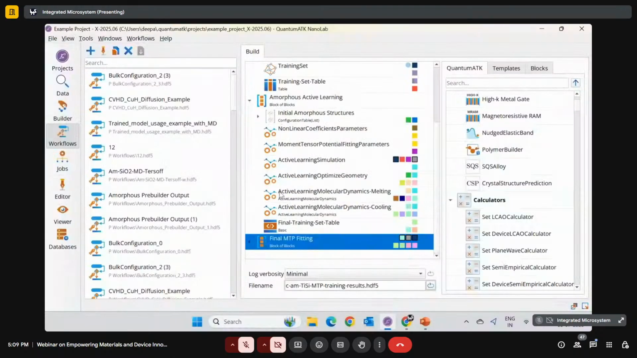So here you can see we have the amorphous active learning, and it will fit an initial MTP to the crystal training data, and which is then used to run the iterative active learning geometry optimization and also the molecular dynamic simulation. So that we can identify the relevant configuration which are not represented in the initial training configuration,